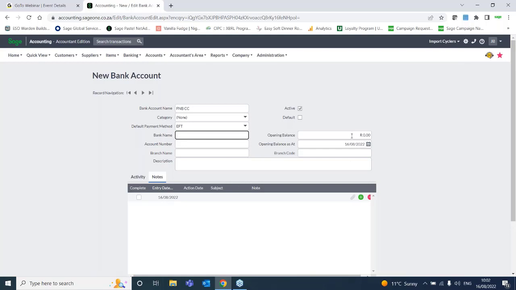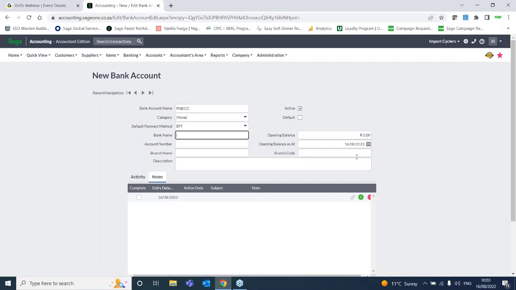If there's an opening balance, so that means when you put this into the system, what is the balance of that bank account at that point in time? So today, if I had to look at my bank account, I would put that balance in. That is going to be really important when I am doing a reconciliation, because if you leave it as 0,